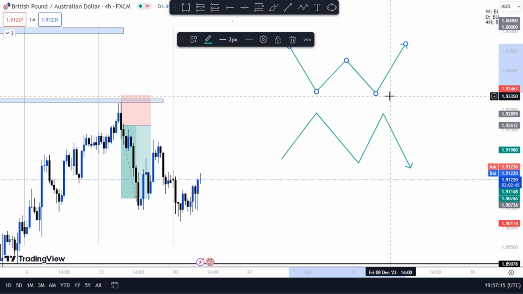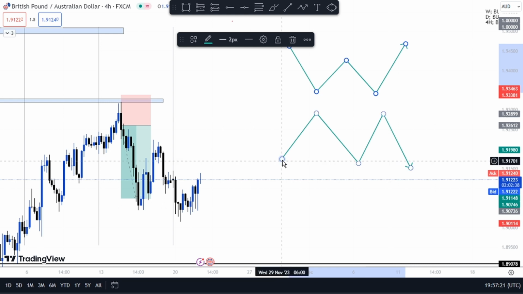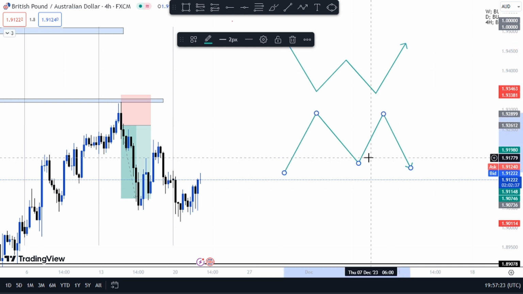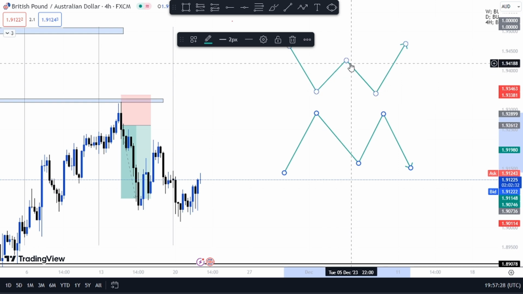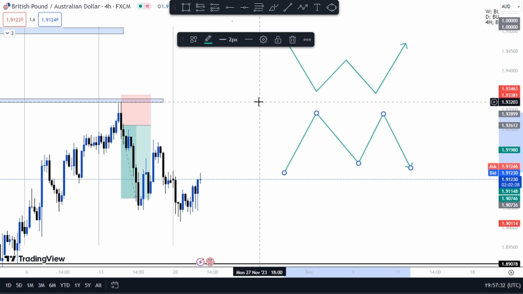So this is double bottom and this is double top, or people call this one the M pattern, the double top. People call it the M pattern, or the double bottom, people call it the W pattern,